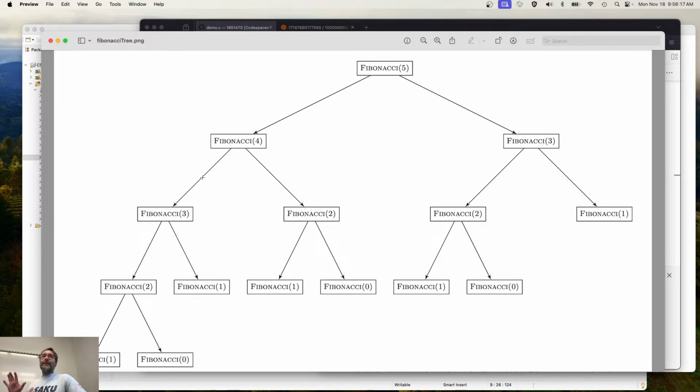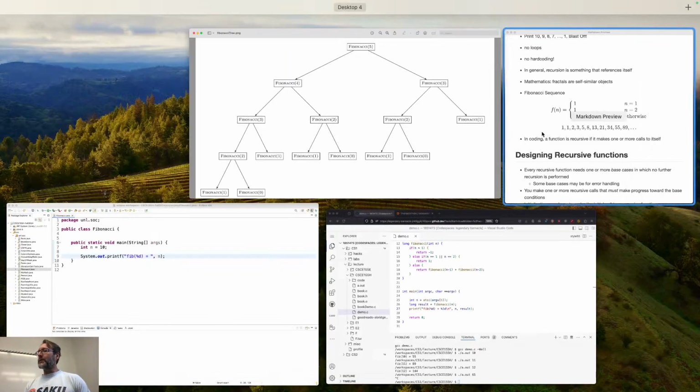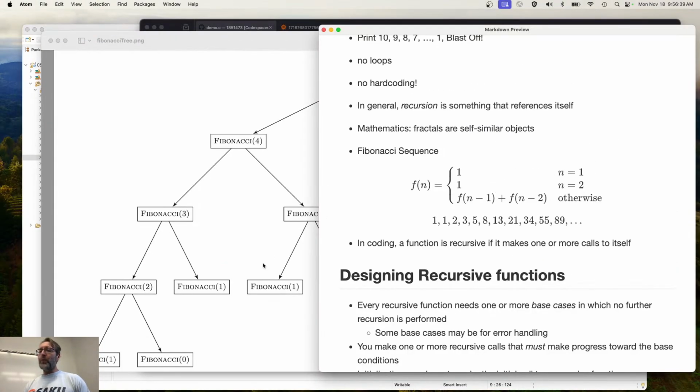Now think about 65, right? 65 is going to call 64 and 63. 64 is going to call 63 and 62 and the other side there, right? It's going to be huge. How big is that tree going to be? To understand that, all you need to do is start counting up the number of leaves here, right? Or not the leaves, but the number of nodes for each one. So just as an estimate here,